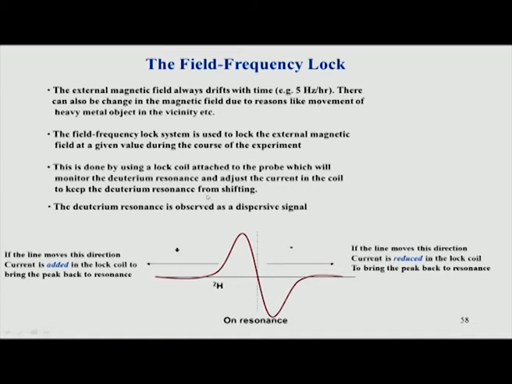So, how do we correct for this drift? This drift is corrected as follows. In your sample you have to add a little amount of deuterium. For example, with many of the solvents which we use, if you use water, you can add deuterium oxide, D2O, which is heavy water. It has to be about 5%, not more than 5%, or you can use a completely deuterated solvent, for example 100% D2O.